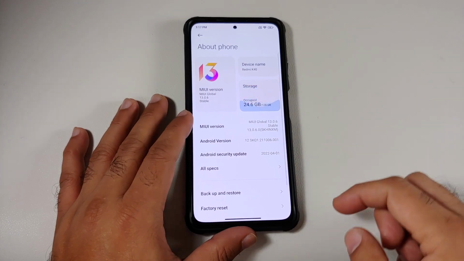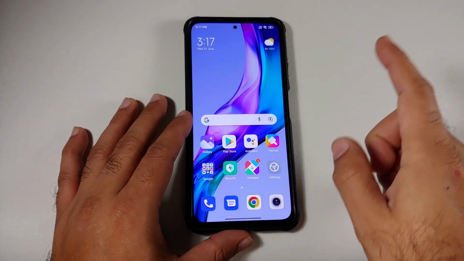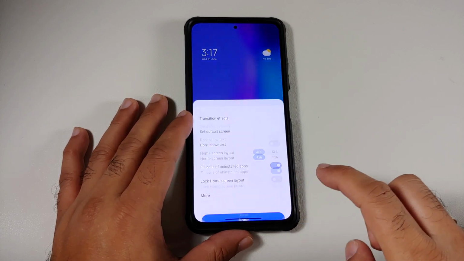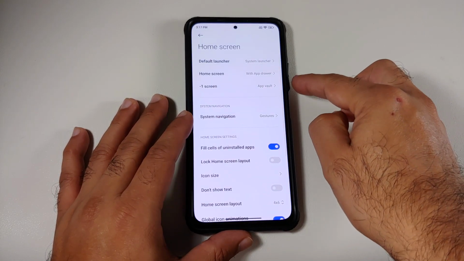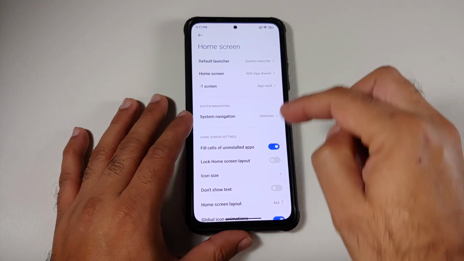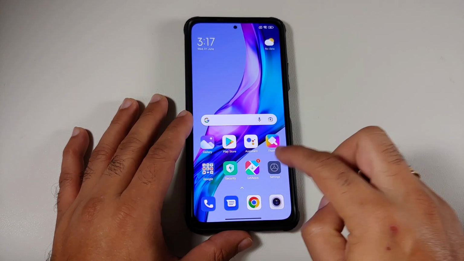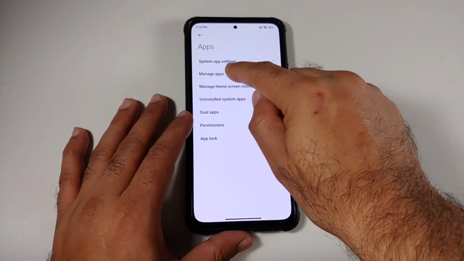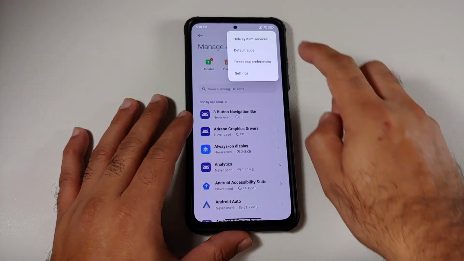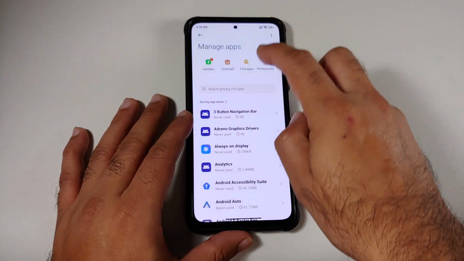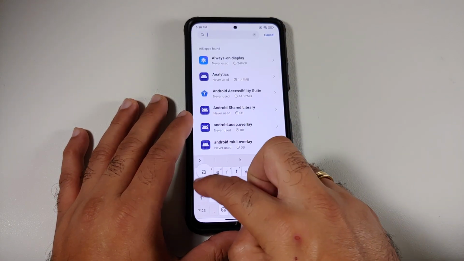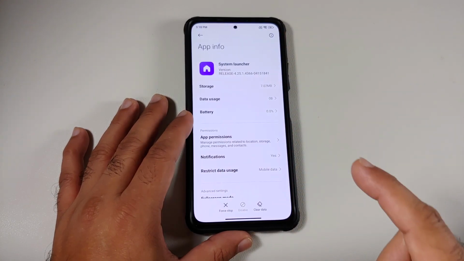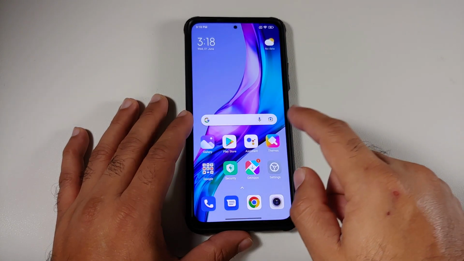So this here is the Mi 11X running MIUI 13.0.6.0 based on Android 12. Let us go into the settings, and as you can see, I have no option for animations. We can also go into the settings section, and then we will go into apps, manage apps, three dot menu on the top right, and we can select show all apps, and herein let us search for launcher and we can check out the version. So as you can see, the version is 4.25. Now